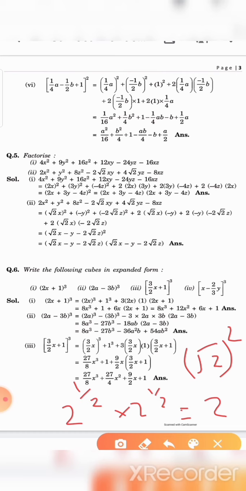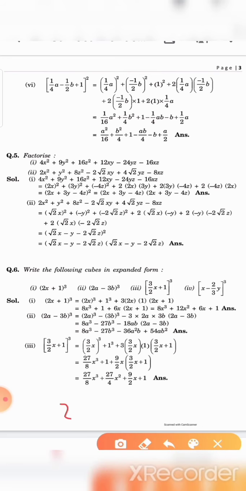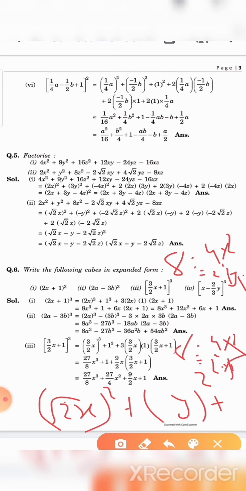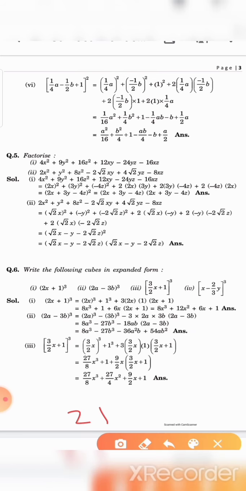Substituting this, we get the step root 2x whole square, and simply we write y square. And last, 8. 8 means 4 twos are 8. Here 4 is the whole square of 2, and 2 again we get as root 2 whole square. So 8 means 4 into 2, and 4 is the whole square of 2, and 2 is root 2 whole square. So we write 8z square as 2 into root 2 z whole square. Now we have to write the symbol of the number.